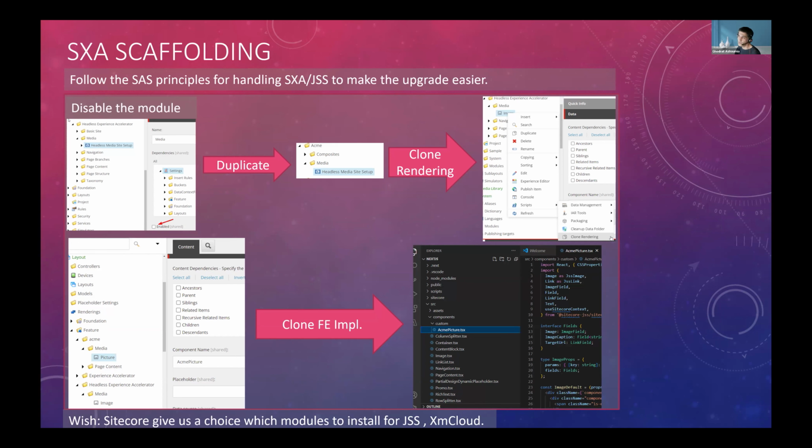For example, you can choose if you want to install the SXA. If they can just add some extra steps in there that you can choose which one of these modules would be installed during the JSS installation, it would be really great.